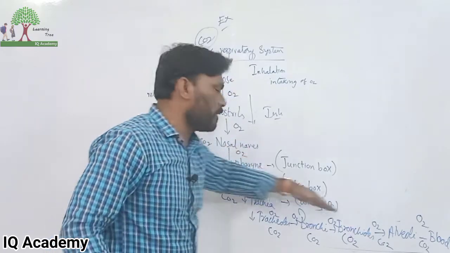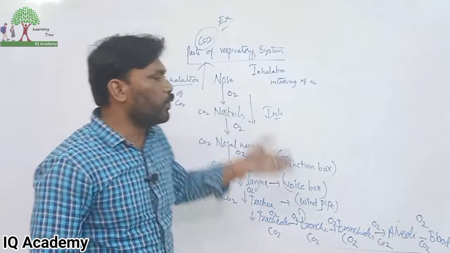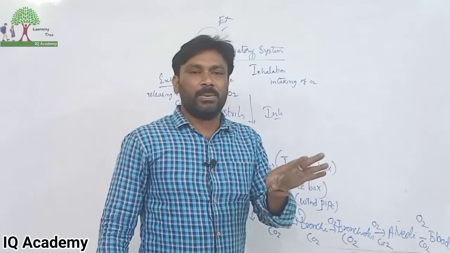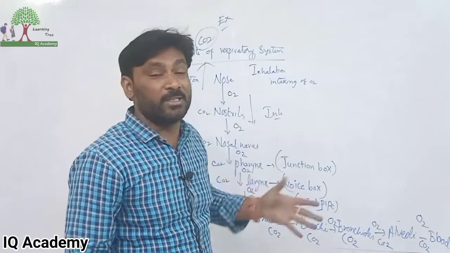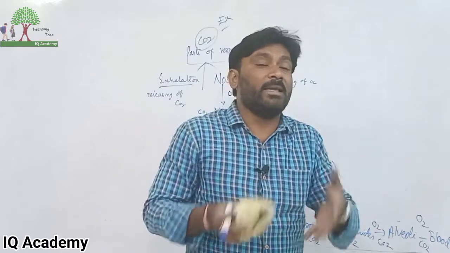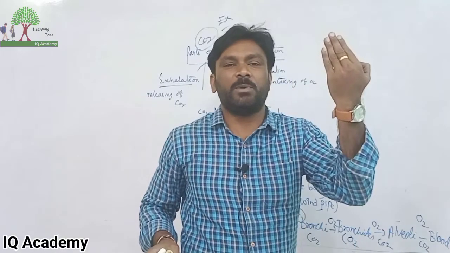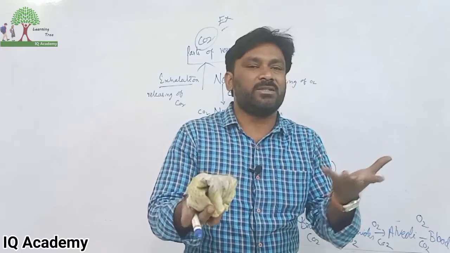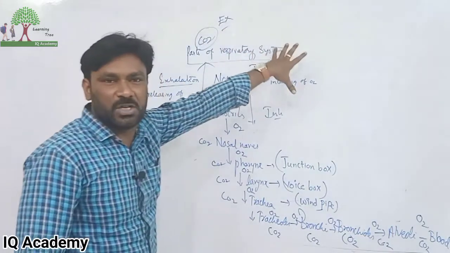Oxygen goes in one way, and carbon dioxide comes out the other way. Whenever we are inhaling, exhaling does not take place, and whenever we are exhaling, inhalation does not take place. It is a one-way traffic, like traffic in one way. Air also goes in one way and comes out one way. When inspiration takes place, expiration does not, and vice versa. These are the parts of the respiratory system.